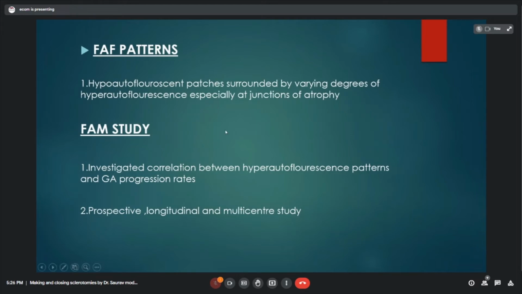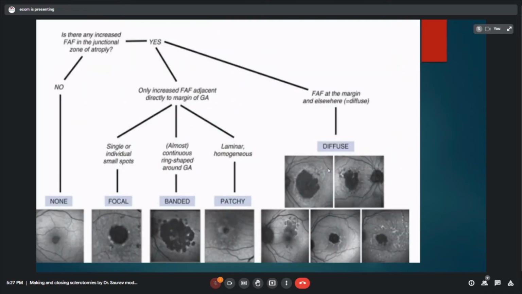Hypoautofluorescence patches are sometimes surrounded by varying degrees of hyperautofluorescence, especially at the junctions of atrophy. For this, there was the FAM study, which investigated the correlation between hyperautofluorescent patterns and GA progression rates. It was a prospective, longitudinal, and multi-center study. In this, they looked at whether there is any increased FAF in the junctional zone of atrophy. If no, the pattern was known as none. If yes, and it is only increased autofluorescence directly adjacent to the margin of GA,